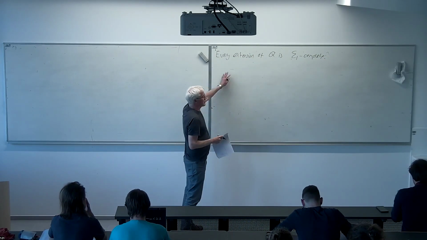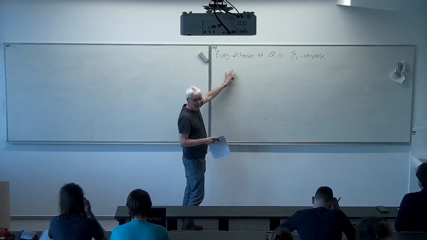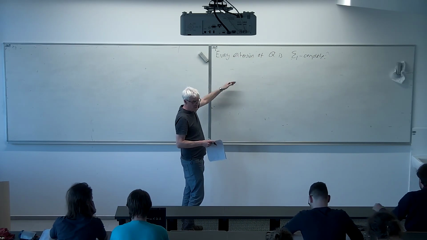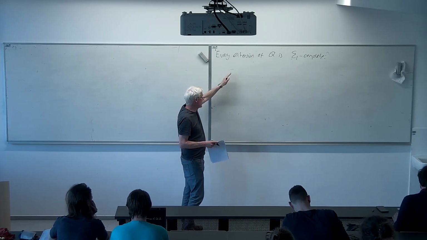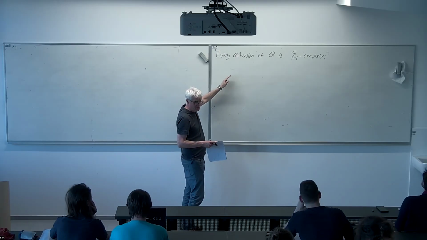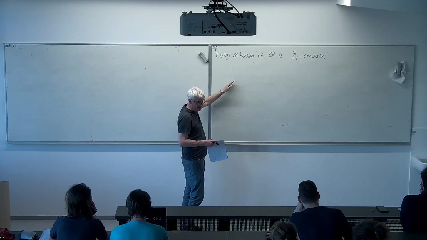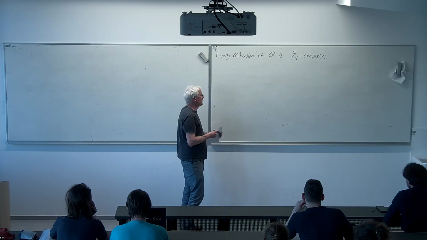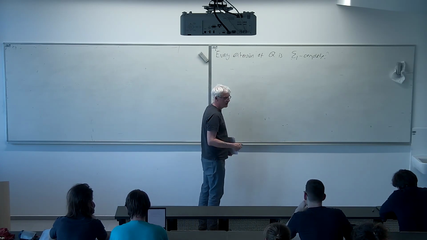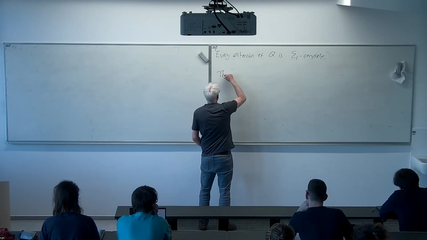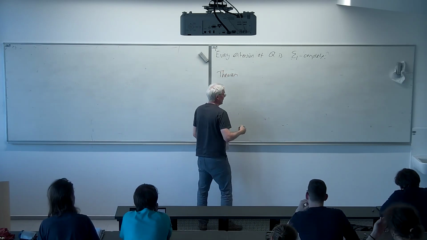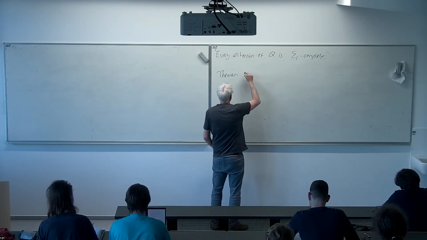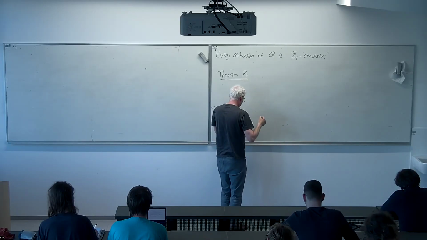And we want to show that every consistent, computably axiomatizable, sorry, not consistent, I mean, this is true, that's true, but we're going to show for every one consistent, computably axiomatizable extension of Q, the theory is incomplete. Okay. And we're going to get this via a second theorem. So the first theorem, the incompleteness theorem, we'll call theorem A. We're going to get it via theorem B, which is